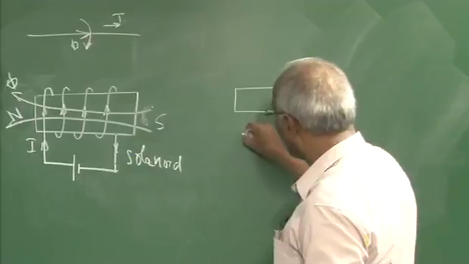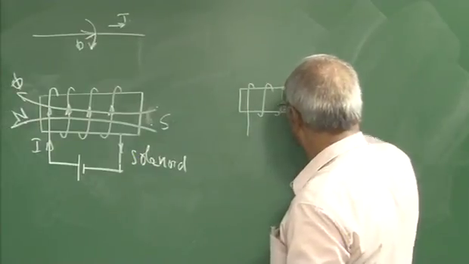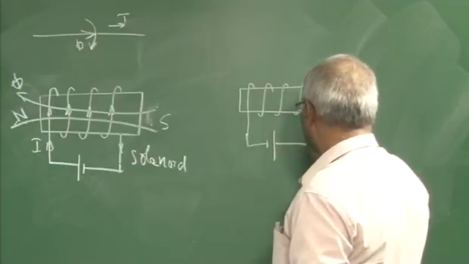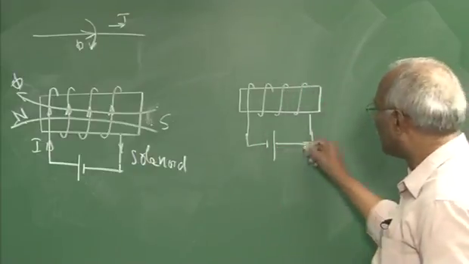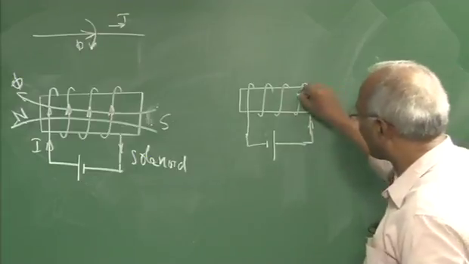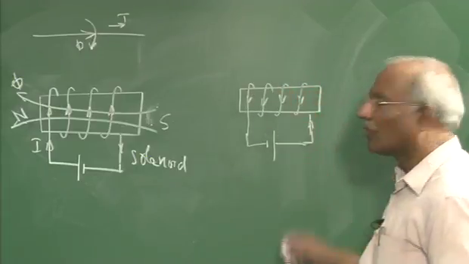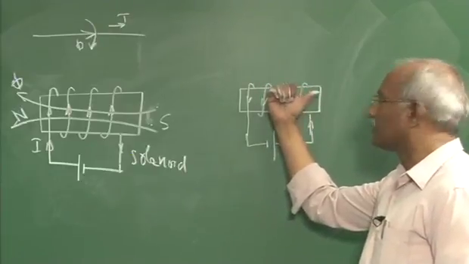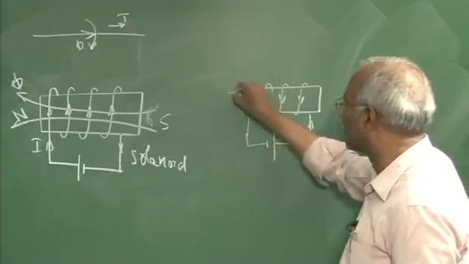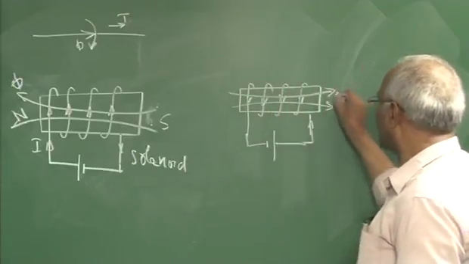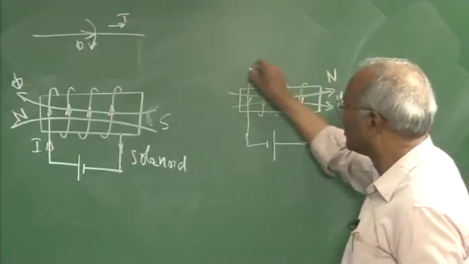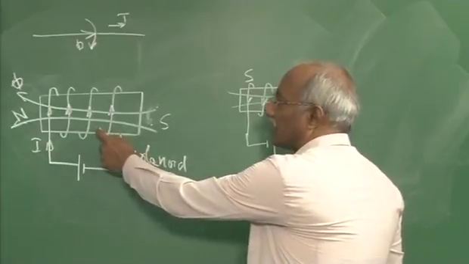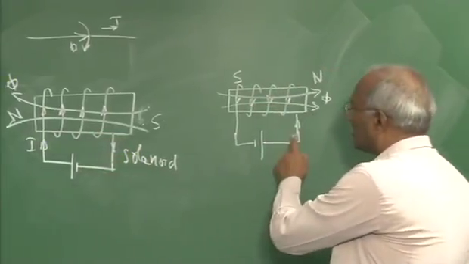Consider the same coil and assume the current direction is changed. With that, the current here comes this way. Therefore, what will be the direction of the flux produced? Now, hold the fingers in the direction of the current, that is this one. This gives you the direction of the flux produced, that is this. This is flux, this is north pole, while this is south pole. We will observe, having wound the coil in the same direction, changing the direction of the current will change the